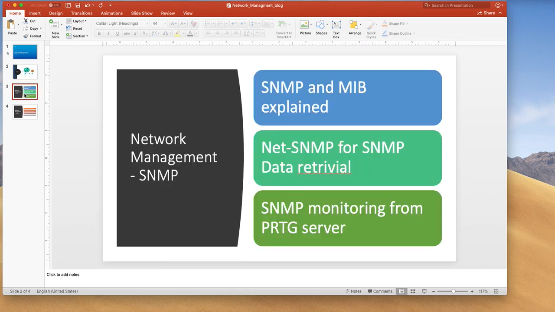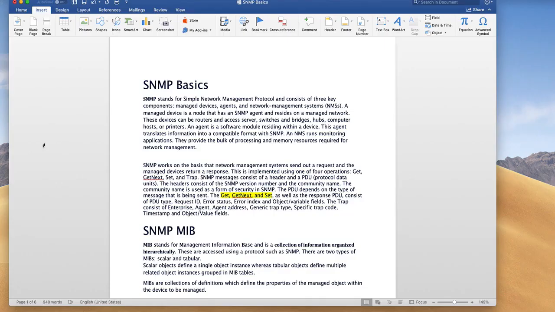For this video, the primary thing is SNMP. Let's dive a little bit into SNMP theory, and then we'll see how to configure SNMP on routers and switches, and most importantly how you can run the Net-SNMP tool from your workstation, maybe Windows, Linux or Mac based, and without any SNMP monitoring software you can retrieve all the data and visualize it. So, a little bit of SNMP